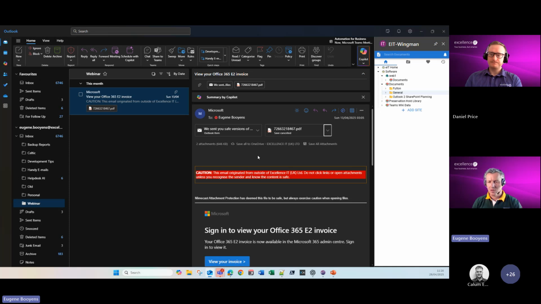It's a bit clunky, but it also creates local copies of files, which you really don't want to do in an ideal world. So this little tab on the right, we're calling it Wingman because it just sits in the wing of Outlook, allows for really quick and easy navigation of the tree structure of your SharePoint structure.